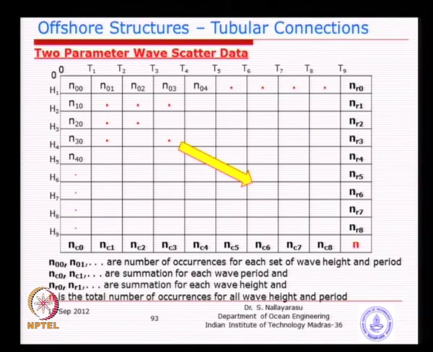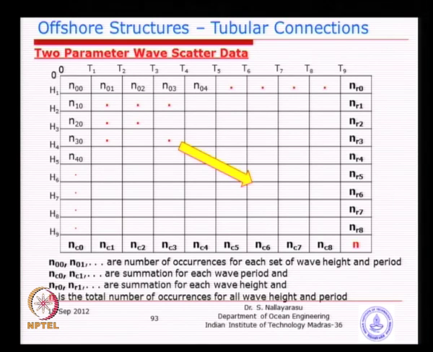So, the same data can be described in a generic form instead of information like this. Basically, the wave heights are divided into bands from 0 to whatever the maximum wave height is at that particular site. Similarly, the wave periods can be divided into 0 to the highest period possible there, and filled with information corresponding to each of the bands, and the total numbers occurring at the site could be added either vertically or horizontally, you should get the same information. So, typically 2 parameter wave scatter data is nothing but the occurrence data for each of the sea state conditions that exist at the site.